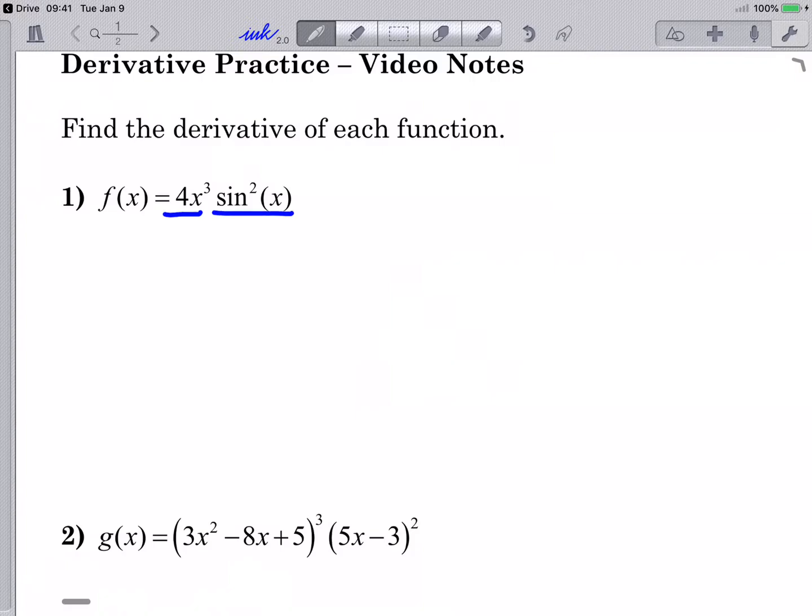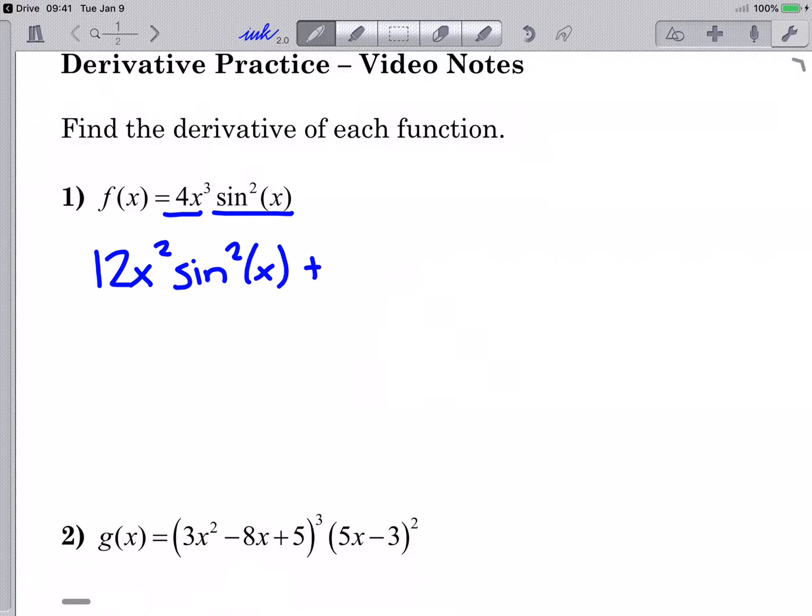So x is being cubed and multiplied by 4, and x is being input into the sine function and then squared. So we should see that this is two functions multiplied by each other, which means we have to use product rule. So I'm going to take the derivative of the first function, if you will, get 12x squared, copy down the other one,